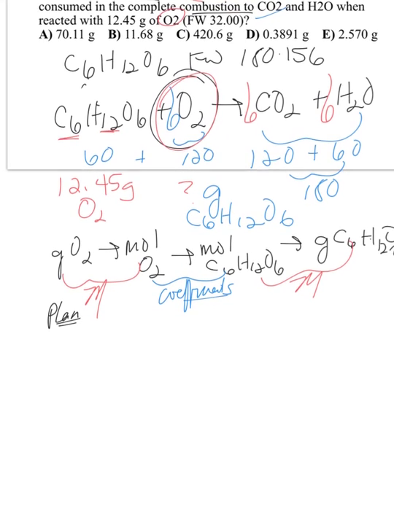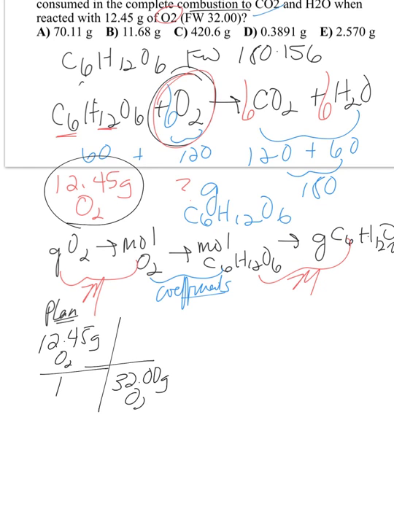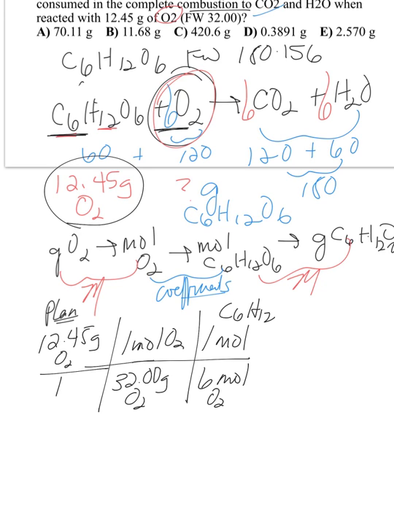So to do your plan, you need to start with your given, which is here, 12.45 grams of oxygen. And the nice thing, it tells you that there's 32.0 grams of oxygen in 1 mole of oxygen. And you look at your coefficients and you see that for 6 moles of oxygen, you have 1 mole of glucose because you see the coefficients. And then for 1 mole of glucose,